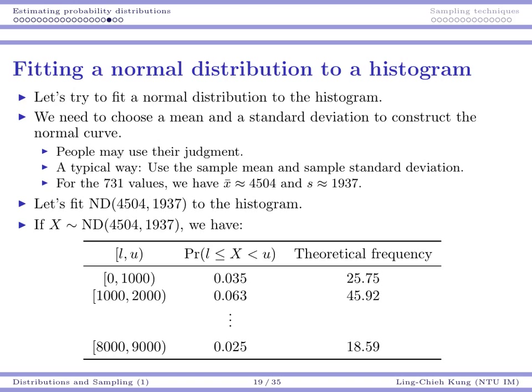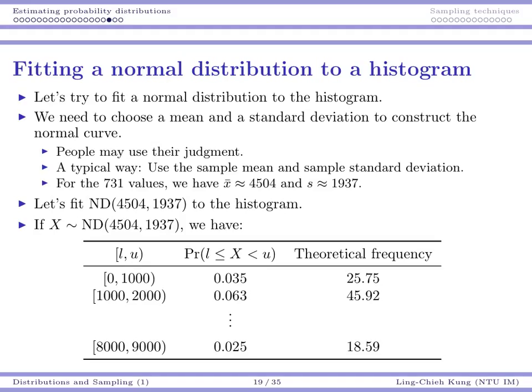In that case, we first need to choose a mean and a standard deviation because with them, I can decide how my normal distribution looks like. You may want to use your own judgment to choose numbers, but a typical suggestion is to use your sample mean and sample standard deviation. So we have those 731 values. We can calculate their sample mean and the sample standard deviation as around